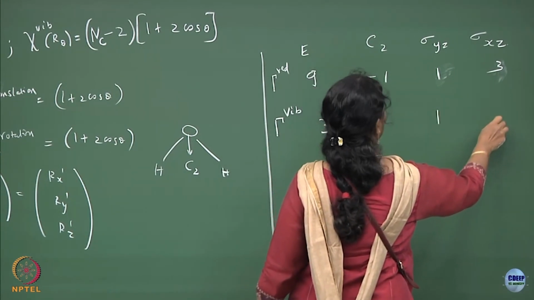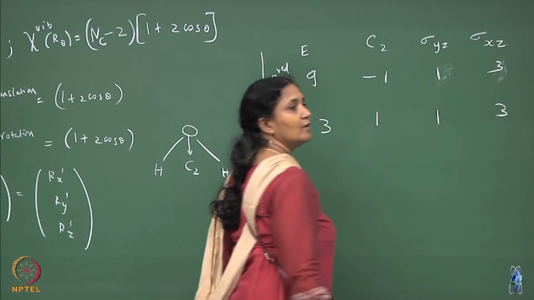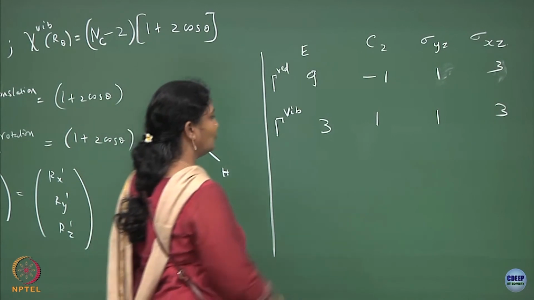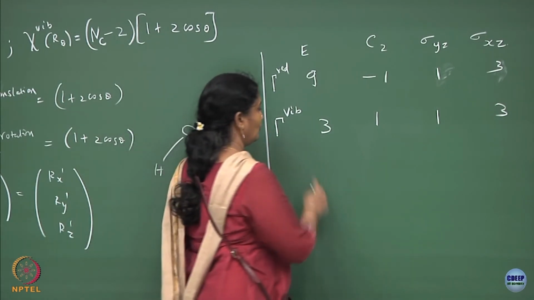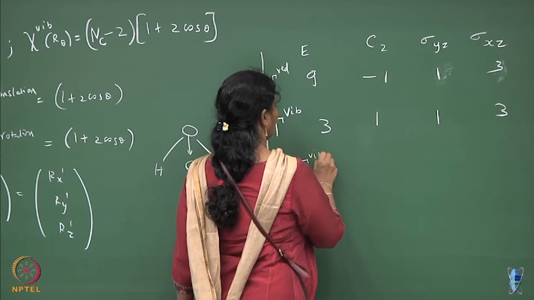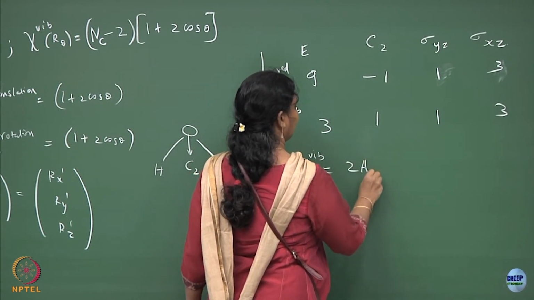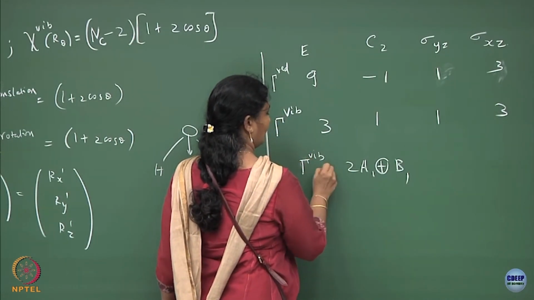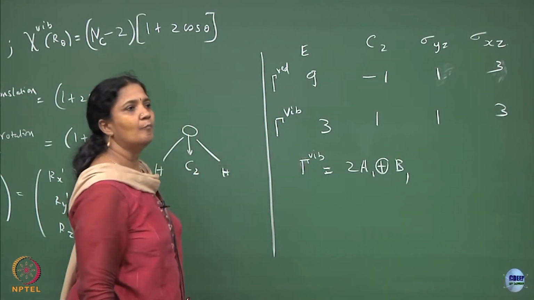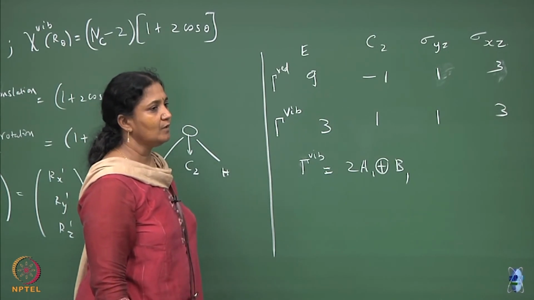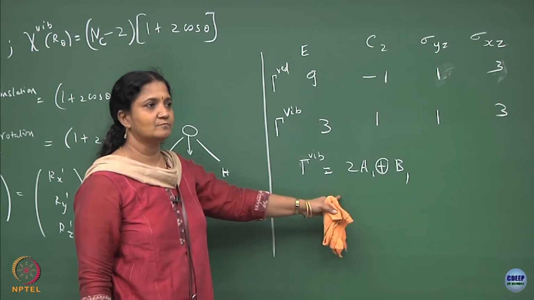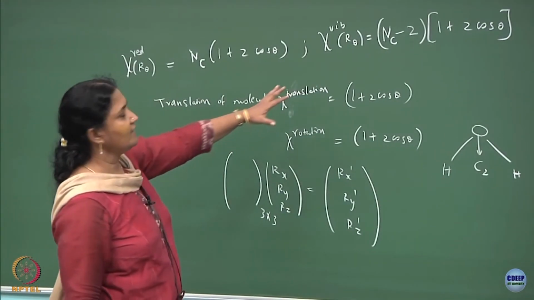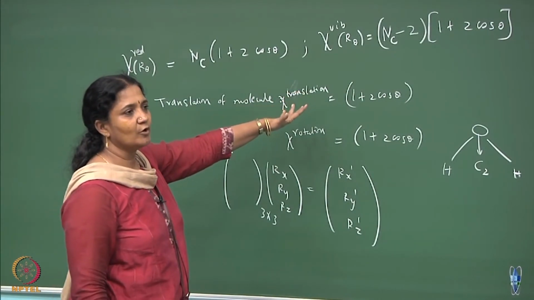These things will not change, okay, fine. And now you can use the character table to see how the gamma vibration, I am claiming that it will be twice A1 plus B1, okay. But I want you to check it out. Okay, please check it. So, this is the only non-trivial operation in the water molecule, but if you go to